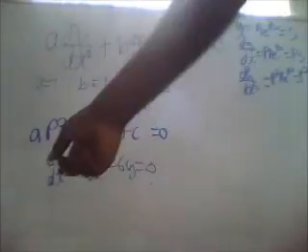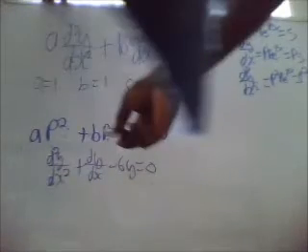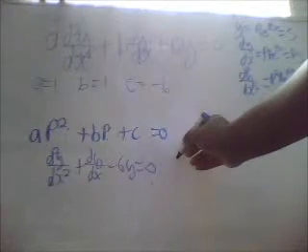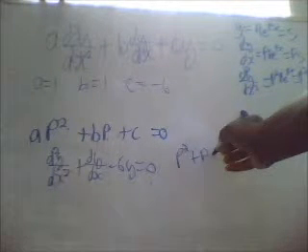So we know that we're going to have to solve a quadratic equation, which will be of this form. So we plug in our a's, our b's, our c's, and we get p squared plus p minus 6